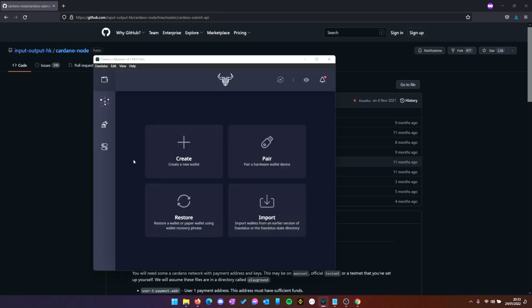You'll need a fully synchronized Daedalus wallet. You don't actually need to install or import your Nami wallet into Daedalus, because we are just going to use this for the node. So